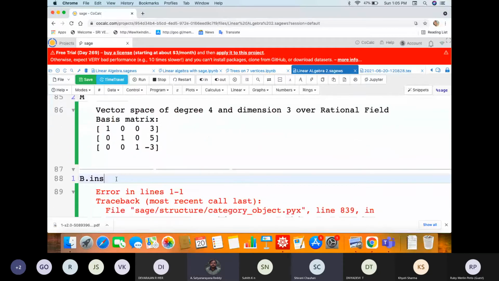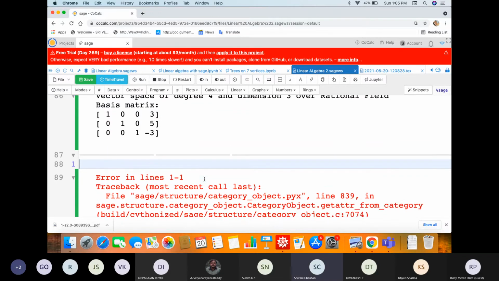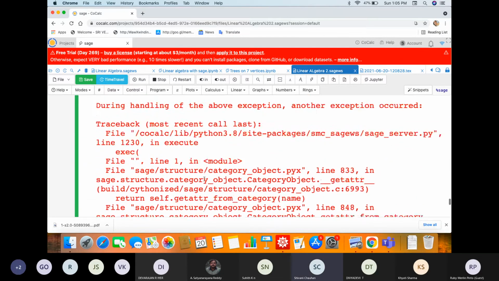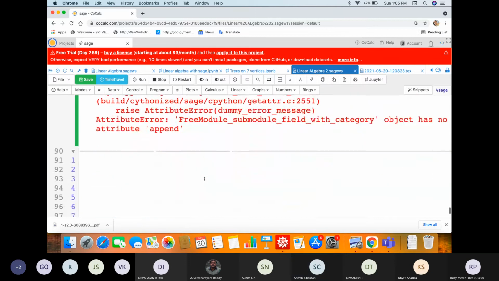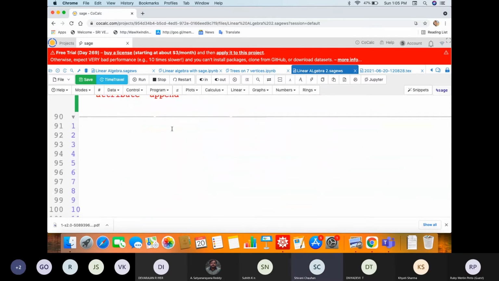Okay, Shivan, you can go ahead. Later we'll see this. On pressing tab, I don't know, maybe because of a network issue. I'll try this later.